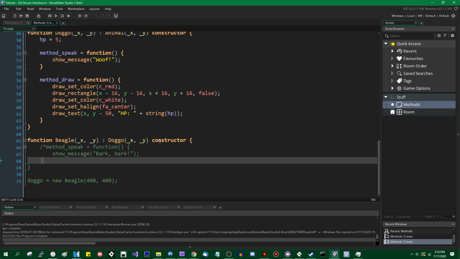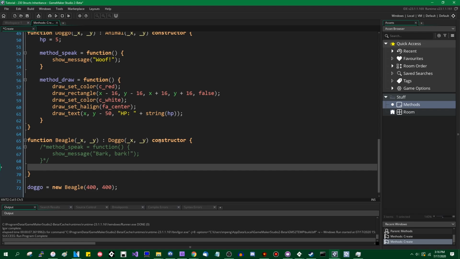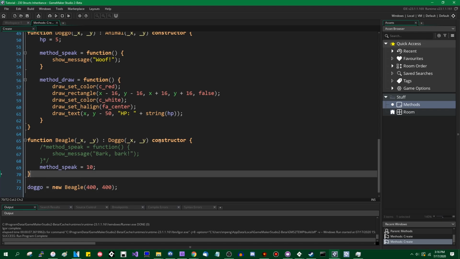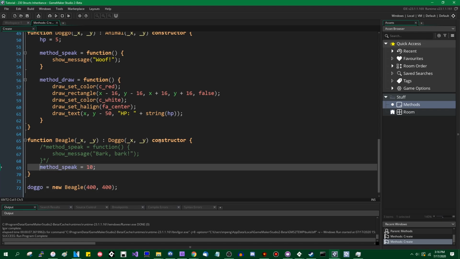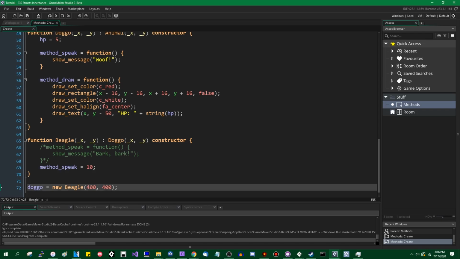If you wanted to, and this would be a terrible idea that you should do under pretty much no circumstances ever, you could just assign a value to method speak, and the game would work. Because again, this is just a variable which happens to contain a function which you can execute with the dot operator. So if I were to say Beagle equals new Beagle,